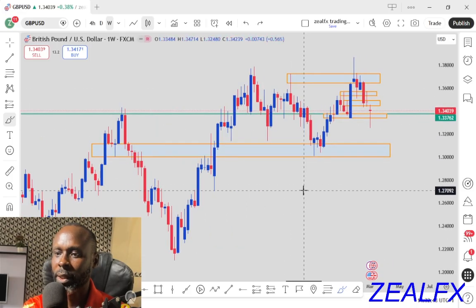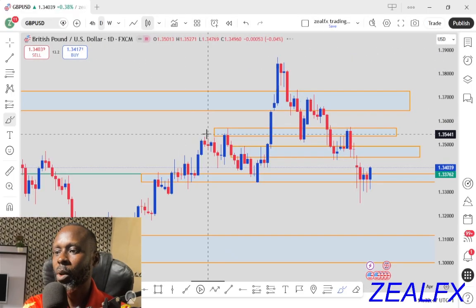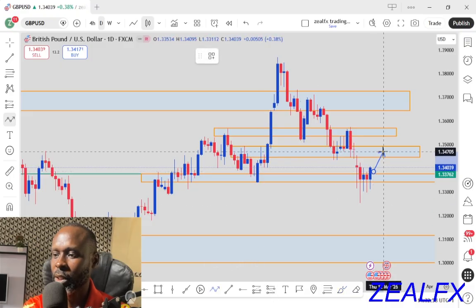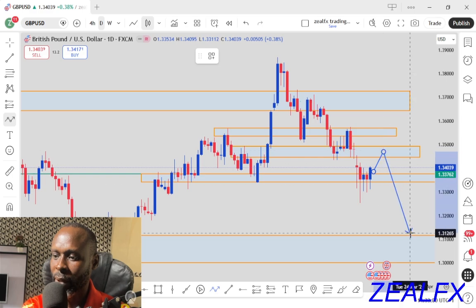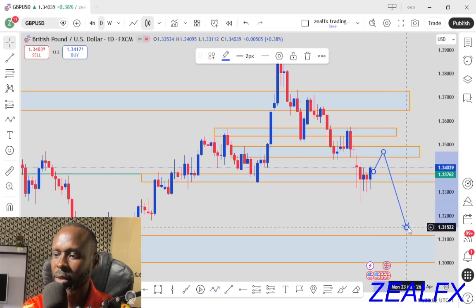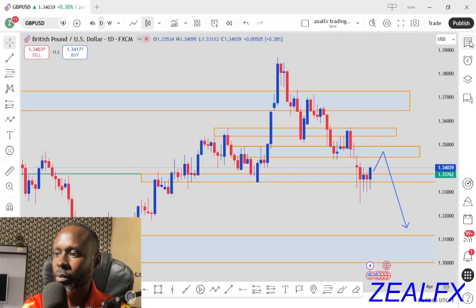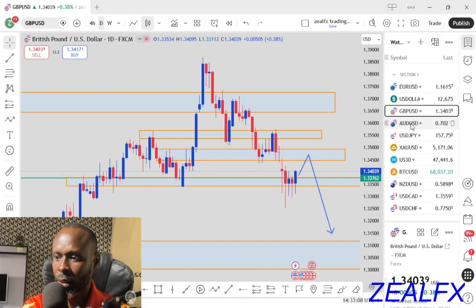So let's go back to the daily chart of the pounds USD. So long as the weekly and the daily are in line, our job is to wait for price to close on that level we are expecting price to sell from, which is this level. Then we look for selling opportunity to the downside for the pounds USD. So let's look at our next pair, which is the